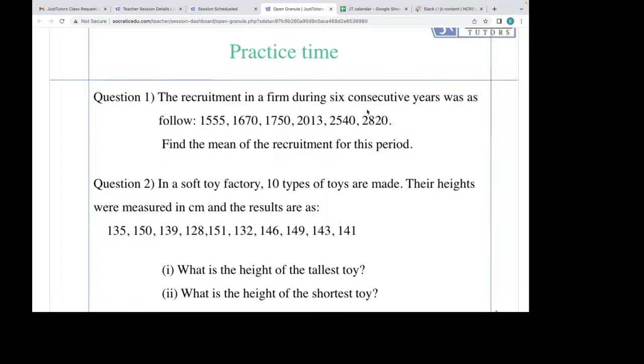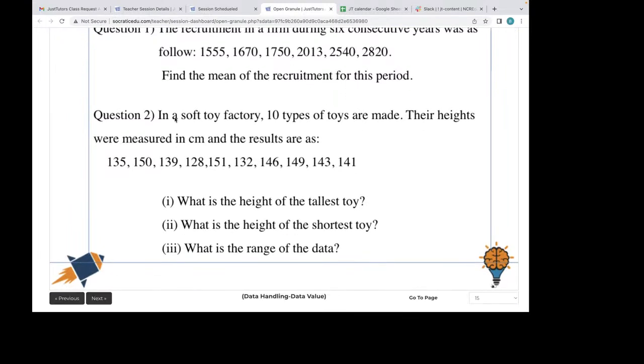इसमें 6 observations हैं and we have to find the mean of the recruitment for this period. So for finding the mean, what we have to do is, first we have to find the sum of all these observations, and then we have to divide this by 6, because 6 is the number of observations. Then in the second question again we have to find the